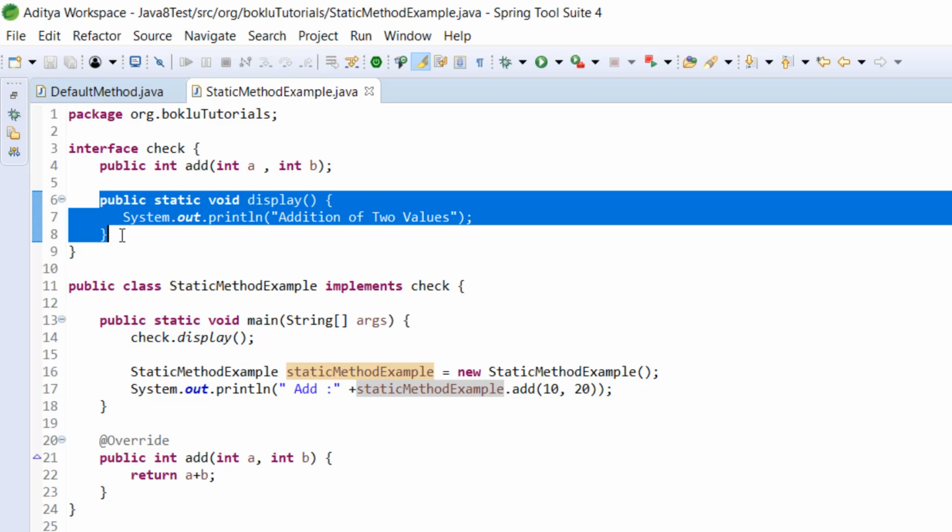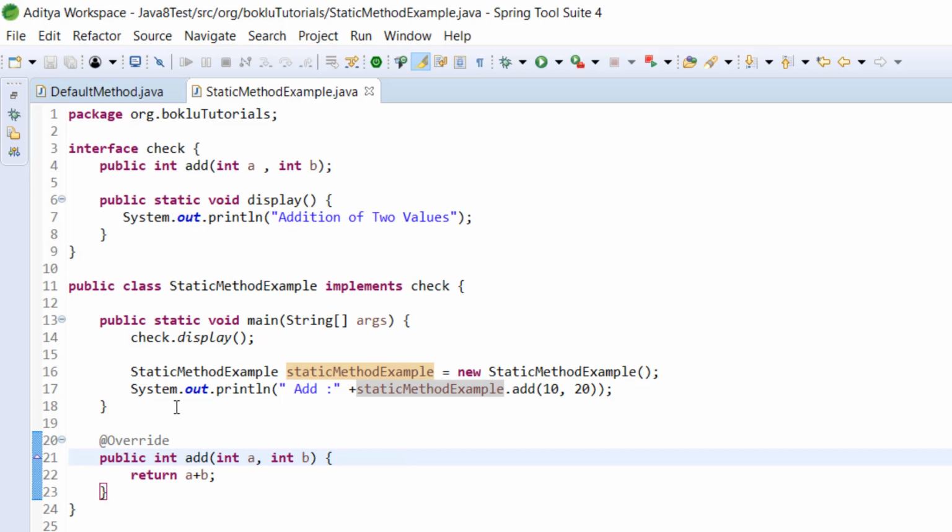Or you are using different operations in different classes, and before that you are going to provide some sort of transaction related information or logging time, like how much time that person logged in and logged out. This type of thing we can do with the help of static methods. That's why static methods were implemented in Java 8, to provide utility methods.